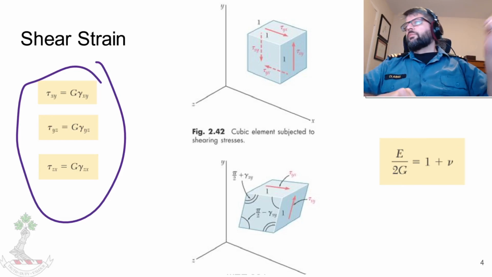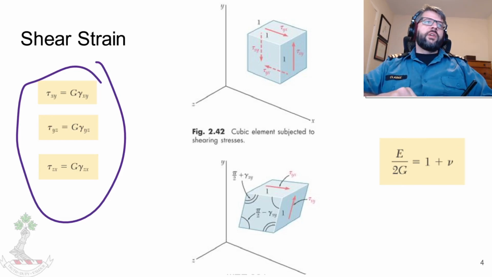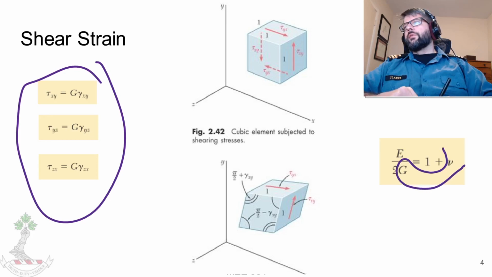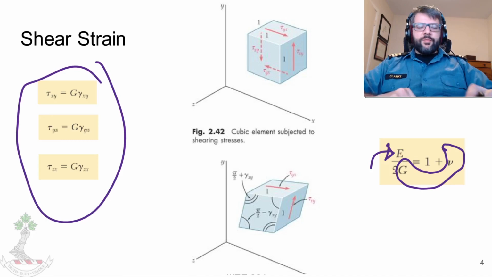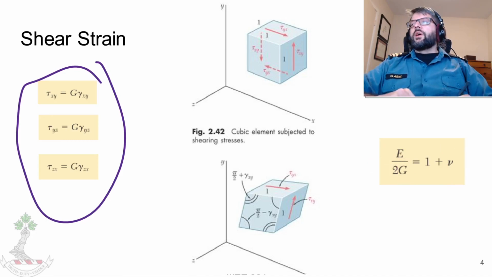And if you know your shear modulus and your Poisson's ratio, although typically speaking, if you're given two values, those won't be the ones that you'll be given, you can use it to calculate your Young's modulus. You're almost always going to be given Young's modulus, because Young's modulus is the easiest one to measure. But anyways,